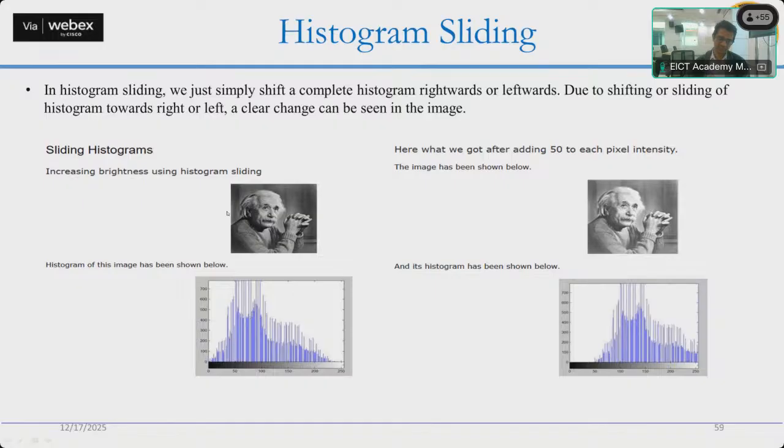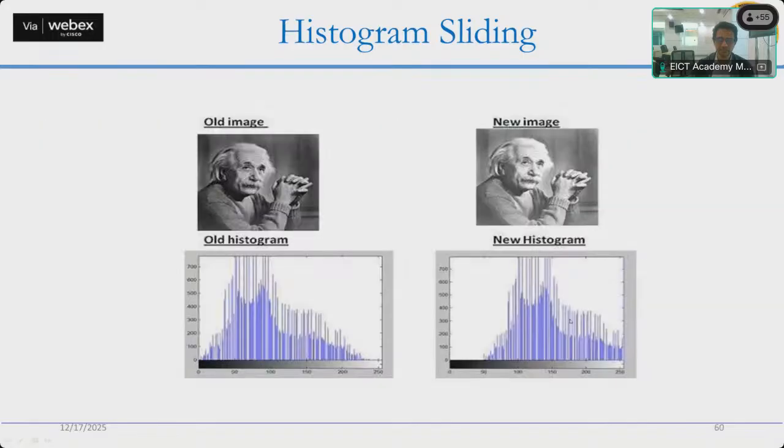For example, this image of Einstein, you can easily see it. And then this one is basically the bright one. What has happened? It has shifted. See, this pattern has shifted towards the right. So how does it happen? Again, here this old image, this new image is there. Here you are seeing it. It has been shifted. So what have we done? There, you have basically added up to here. This count is there, so you have basically changed the